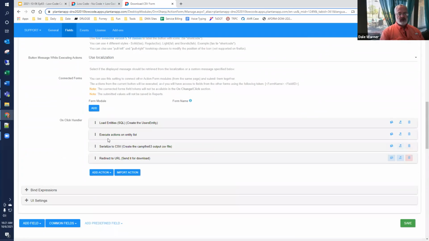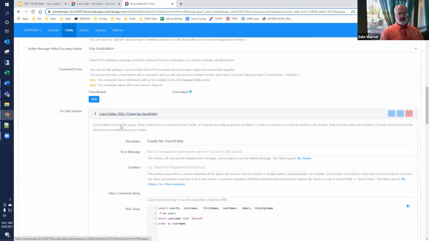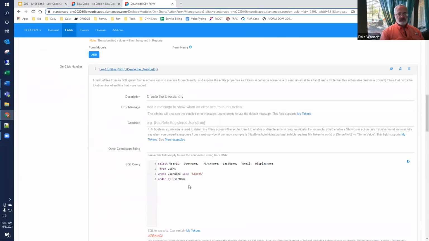And so what we're going to do then is in this load entities SQL, we have these different columns that we're adding. We're going to use the same set of columns, user ID, first name, last name, email, display name.